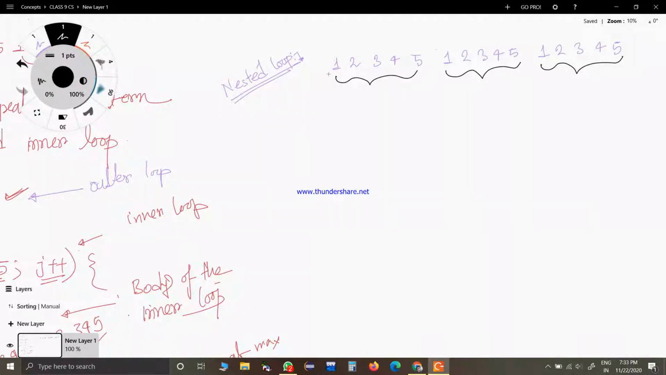So the pattern here, there are 5 numbers, right? Starting from 1 to 5. So these 5 numbers are repeated 3 times. So our outer loop will count the number of times the pattern is repeated. So that's why at the outer for loop,